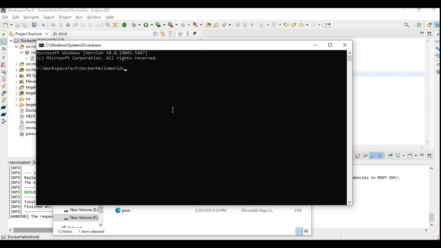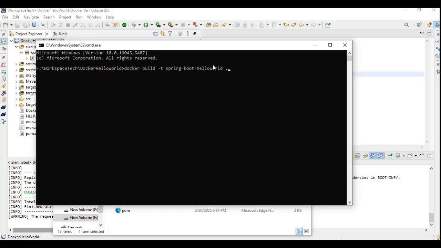What I need to run is a command, that is docker build -t spring boot hello world. So basically what we are saying here is package this particular project into a container with the name Spring Boot Hello World.